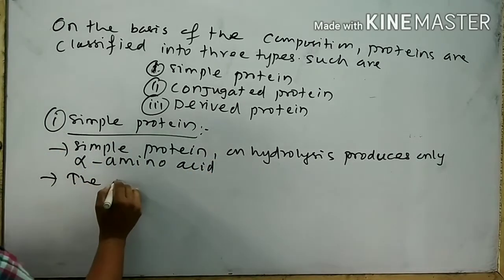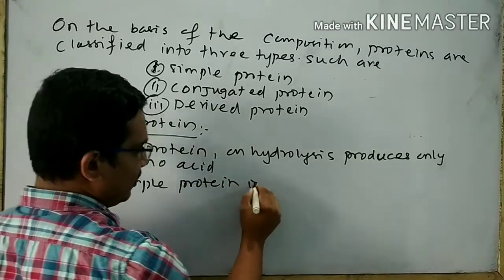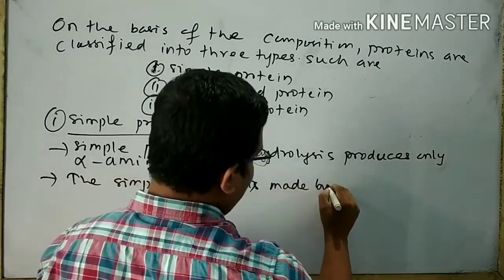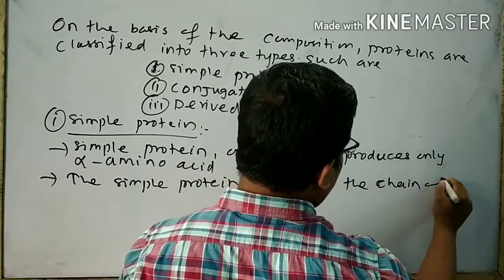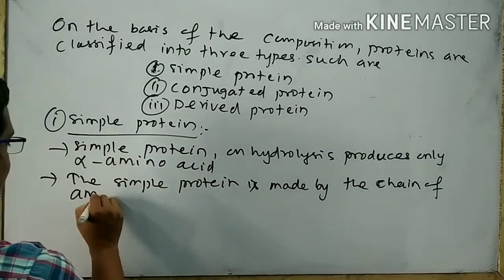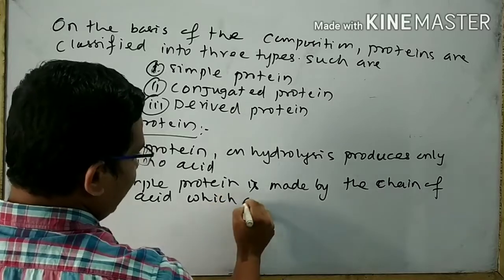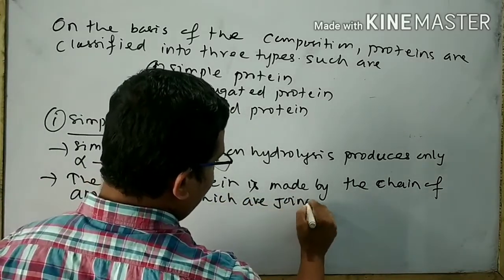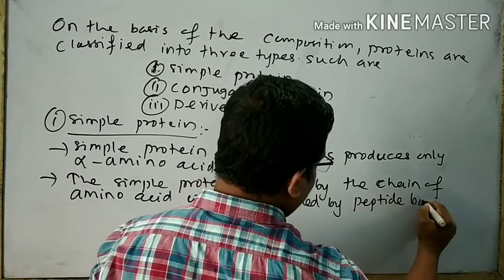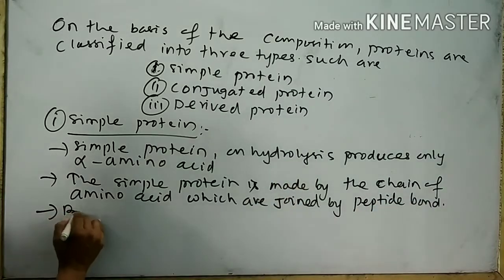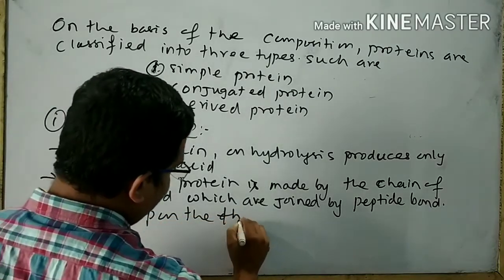The simple protein is made by the chain of amino acids which are joined by peptide bonds based upon the three-dimensional